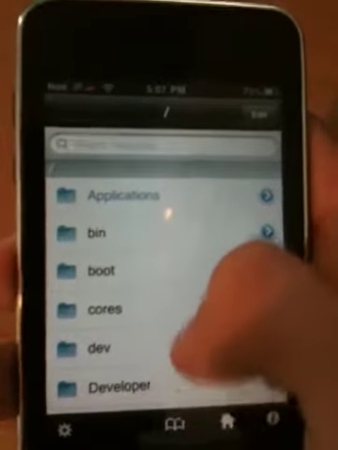And this is what you're going to do. You're going to navigate and go to etc, and go to master password. Click it and go to text viewer. Here you're going to press edit. And right where it says root, you're going to press select,